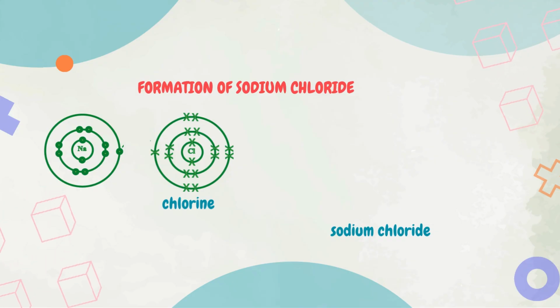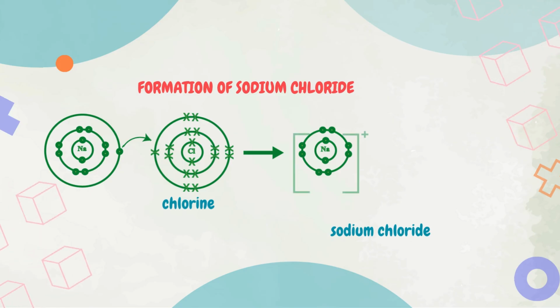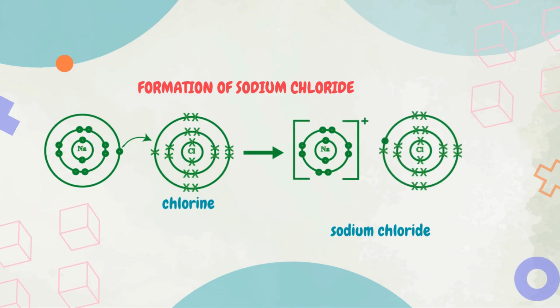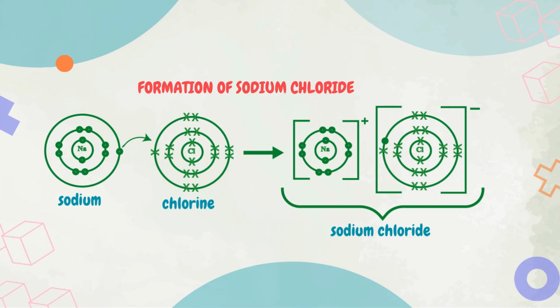During the chemical bonding, sodium transfers 1 electron to chlorine. As a result, sodium remains with 8 stable electrons in the outer shell. Because it loses electrons, it becomes positively charged. Chlorine gains 1 electron to have 8 stable electrons in the outer shell. Because it gains an electron, it becomes negatively charged. The opposite charges attract each other, forming a sodium chloride crystal, the common table salt we use every day to